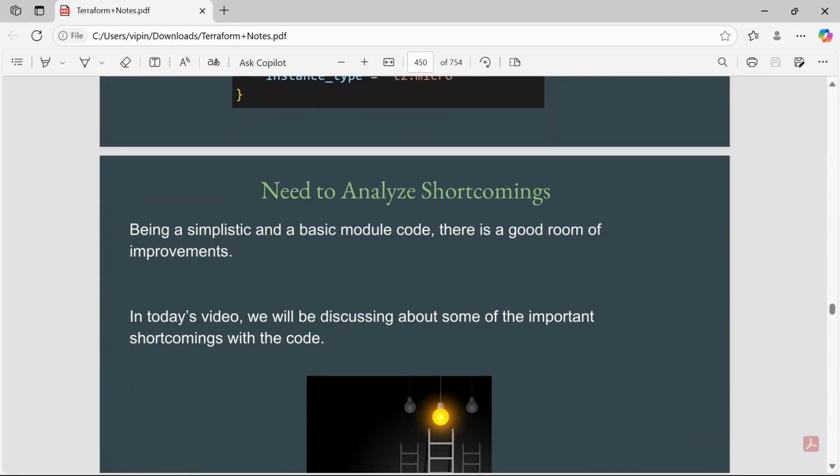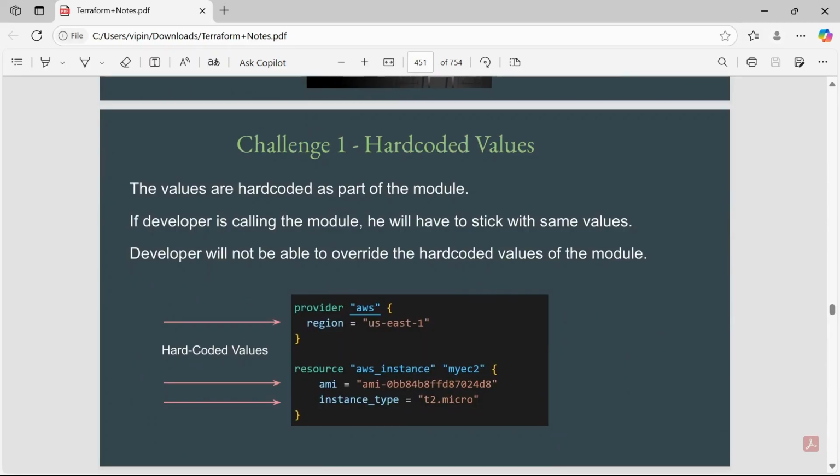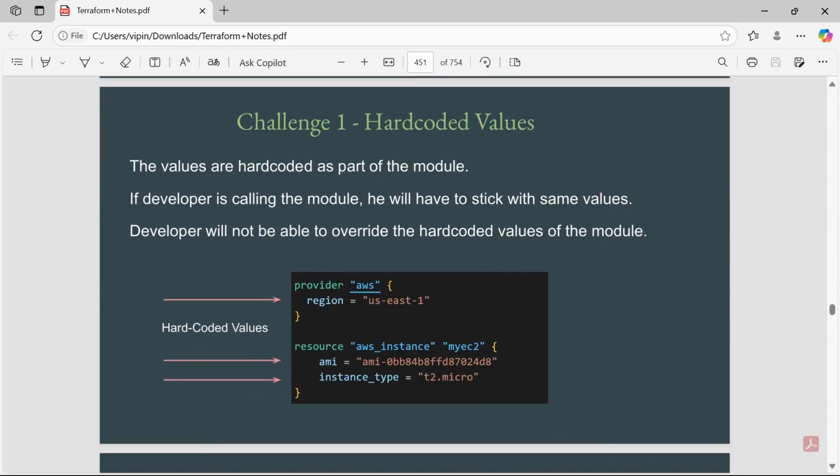We need to analyze the shortcomings. Being a simplistic and basic module code, there is good room for improvement. In today's video we will be discussing some of the important shortcomings with the code. So what is challenge one? Hard coded values. The values are hard coded as part of the module.